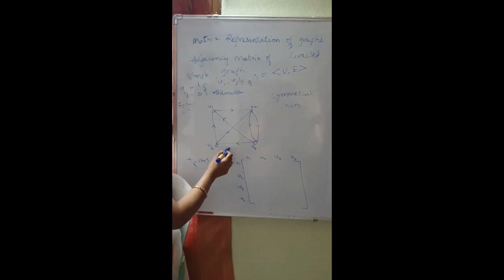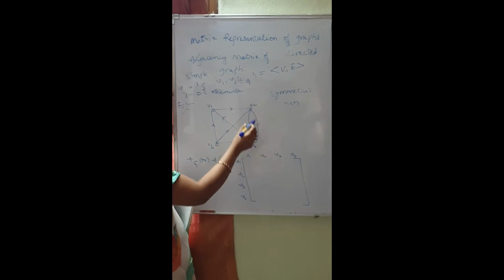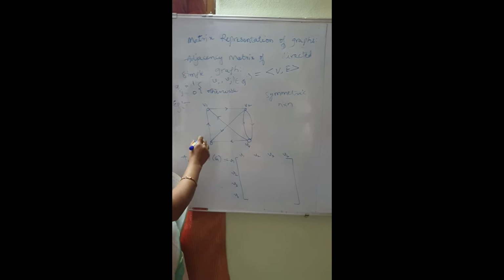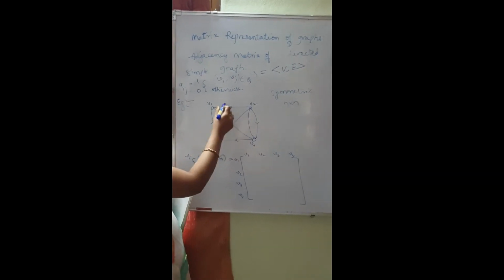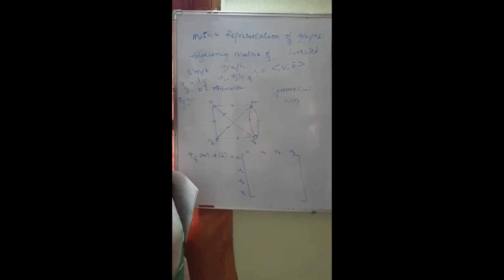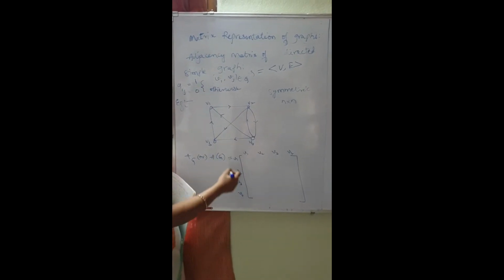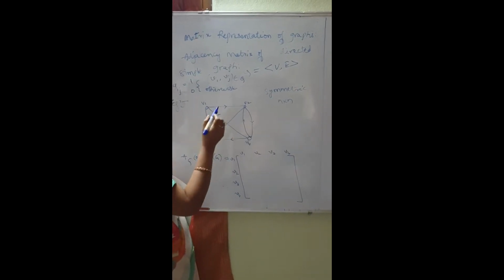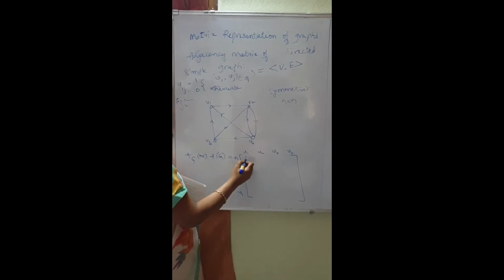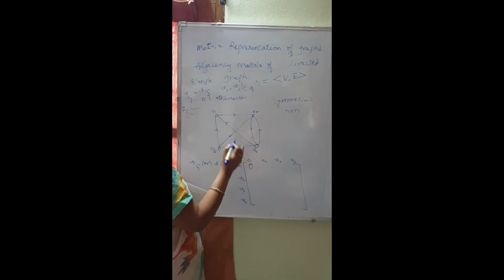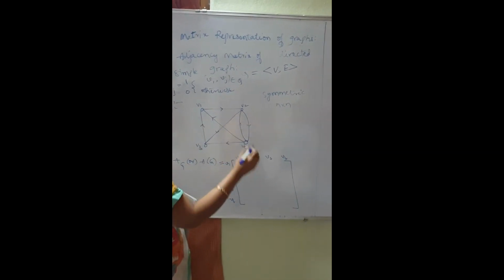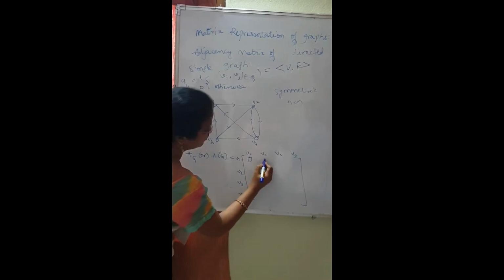And here I have considered one graph. This is a simple directed graph with 4 vertices, and the matrix representation of this graph is a matrix of order n by n. Now we represent the matrix by looking at the edges. V1 to V2 we have one edge, therefore we put 1. V1 to V1 we have no edge, therefore the value is 0. Next we have the edge from V1 to V2, therefore we give the value 1.